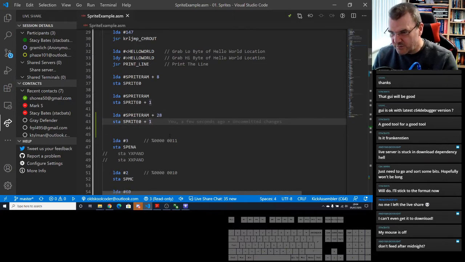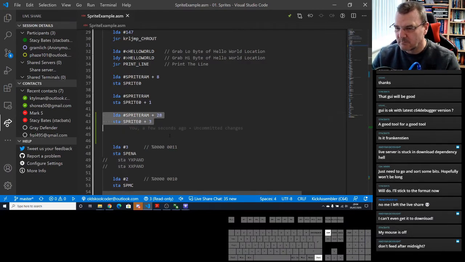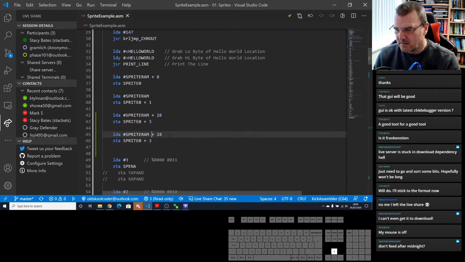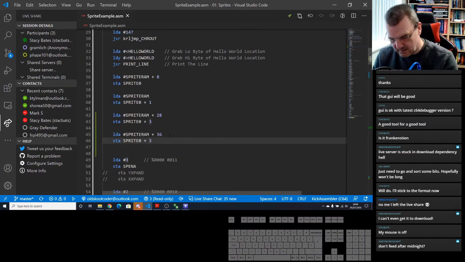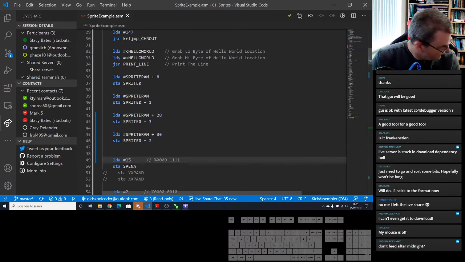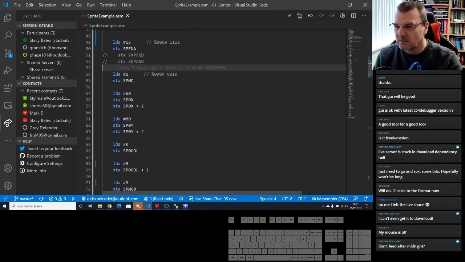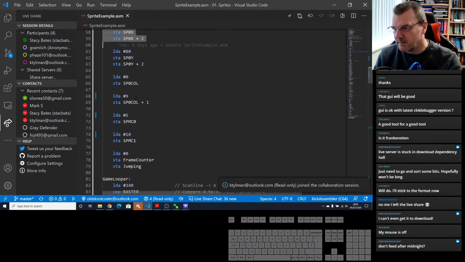So 2's going to be the foreground background. And then plus 8 again. That's 36. This should be the foreground stripe. Now we're going to turn it on. So that means we need these two switched on. So that's going to be 15. Then we need to set these as well. Oh, come on.